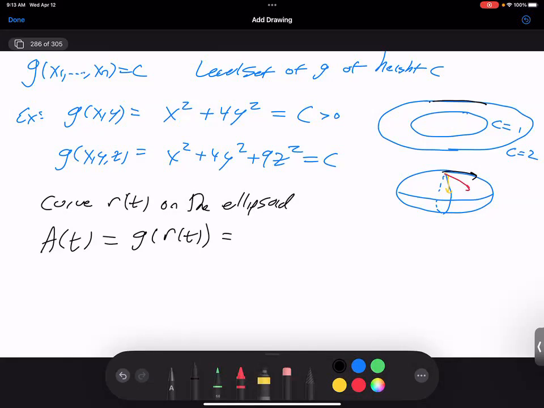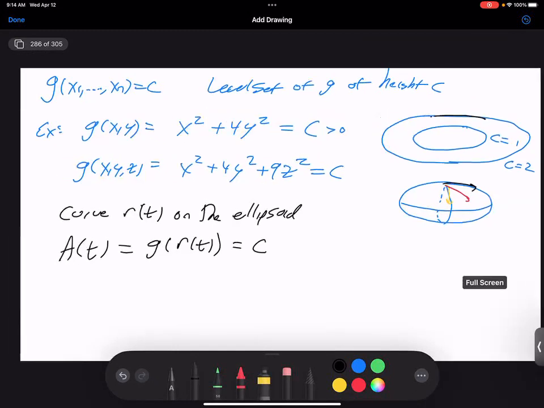So if I'm staying on the ellipsoid, x squared plus 4y squared plus 9z squared equals c, and I always stay on the ellipsoid, what will g of r of t equal? Yes, it's just c. I'm just staying on the ellipsoid, right? I'm telling you, I'm staying at a height c. I'm choosing some r of t that's always on the ellipsoid